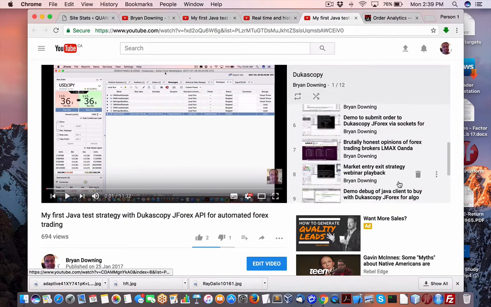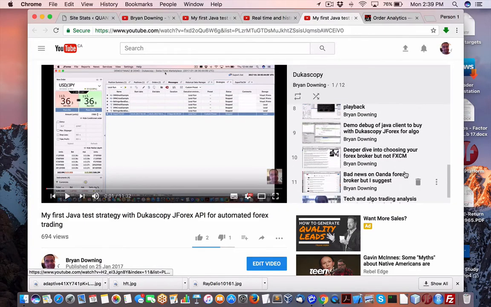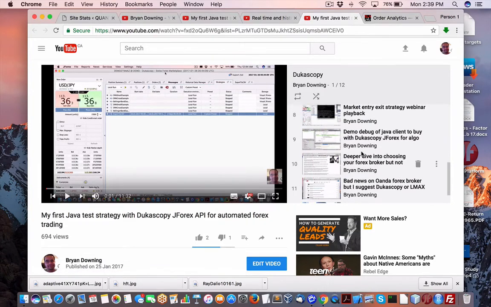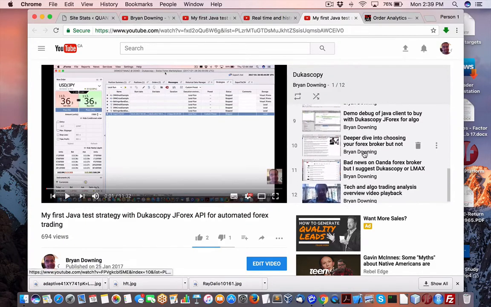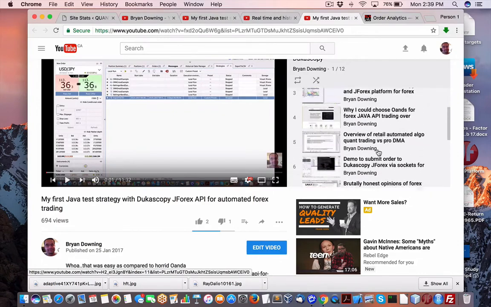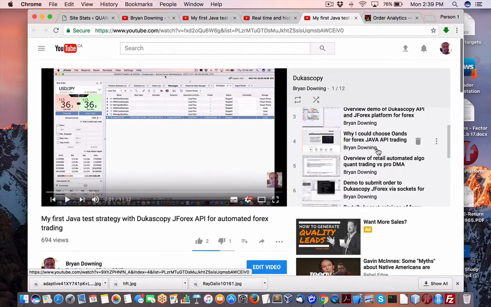Dukas Copy is not bad. Here's another one. Lmax is not bad as well, out of London, UK. So they have a decent selection as well. And it's pretty well the same as Dukas Copy, but you need about, I think it's 5 or 10,000 of your base currency wherever you live. And they do take Americans as well. So I'm not sure where Lmax is at these days.